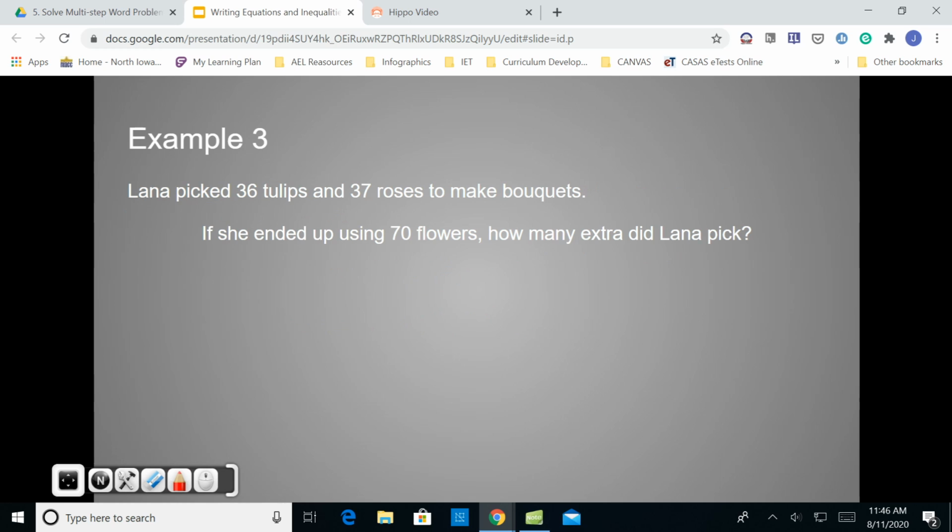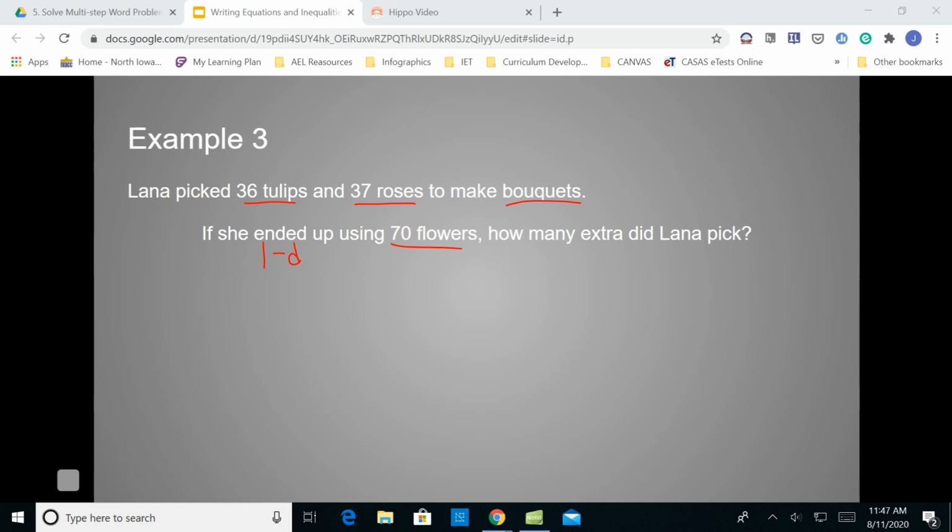Next up, we have example 3. Lana picked 36 tulips and 37 roses to make bouquets. If she ended up using 70 flowers, how many extra did Lana pick? So we have tulips and roses. This bouquets may or may not be important. And we have flowers. The first thing I notice is there's no